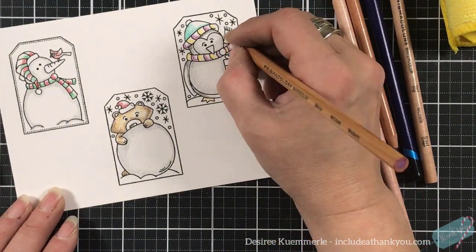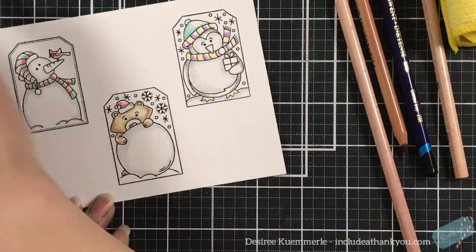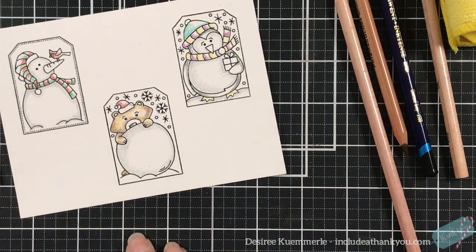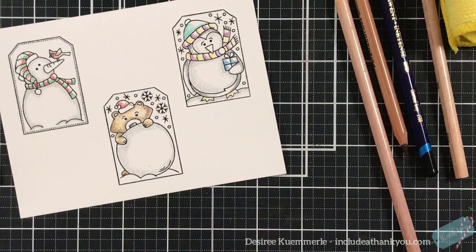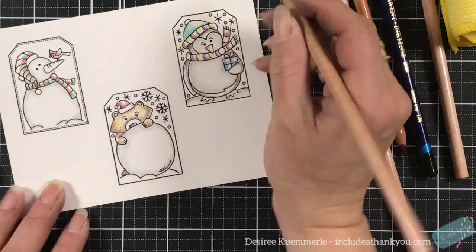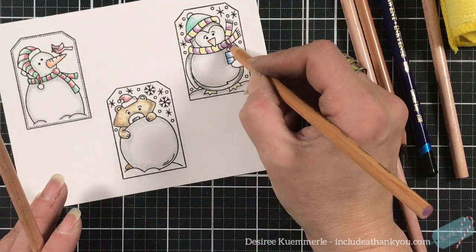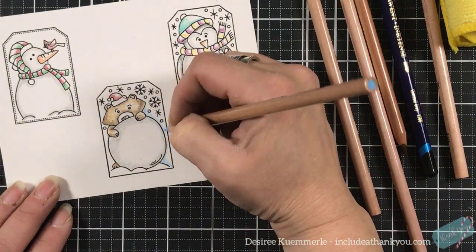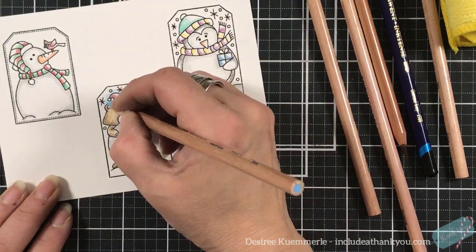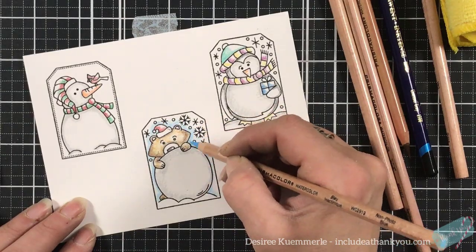Sometimes I used watercolor pencils when I started card making. I used watercolor pencils a lot, and that will actually, in my opinion, help you grow in your colored pencil, because you're learning where to put the shadows and so forth. So you can see I'm just adding all the colors. I'm coloring all three images, just placing color where I want it. Again, you can see I'm leaving highlights, leaving white areas, because that area will be lighter as we add the